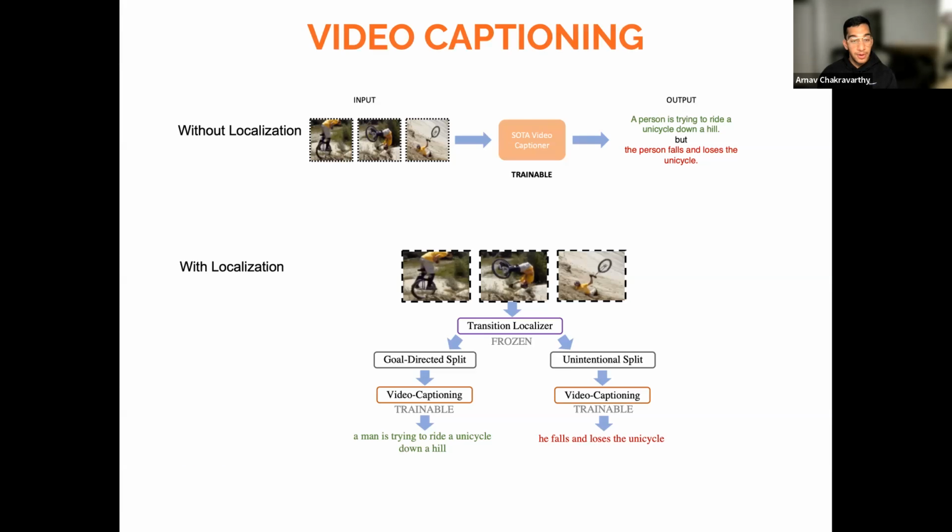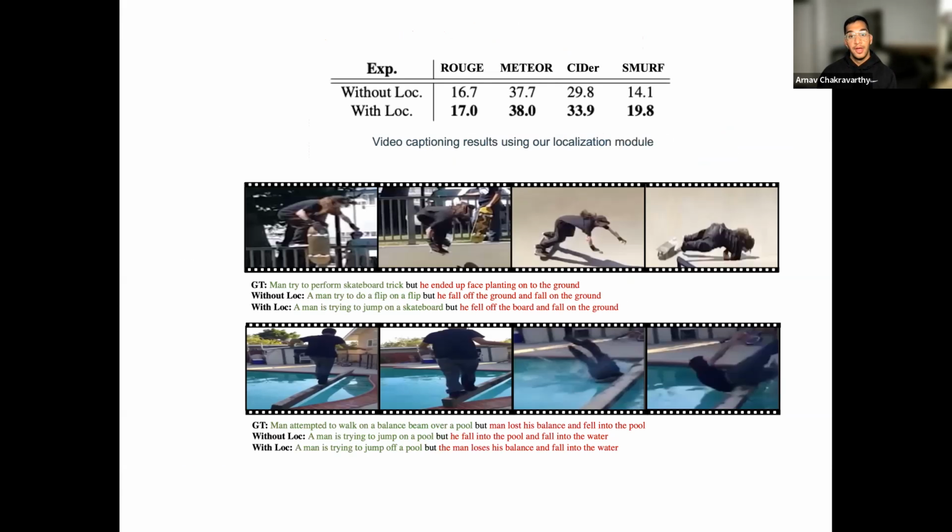We further conduct a video captioning experiment to validate the teleological ability of a model. The experiment is divided into two parts. We train a state-of-the-art video captioner on the entire video and the whole ground truth caption. And the second part is we split the video into a goal-directed and unintentional region using our localization module and train two video captioners to predict the respective captions from each part of the video. We can see that the experiment using localization performs better across all the captioning evaluation metrics, including Rouge, Meteor,